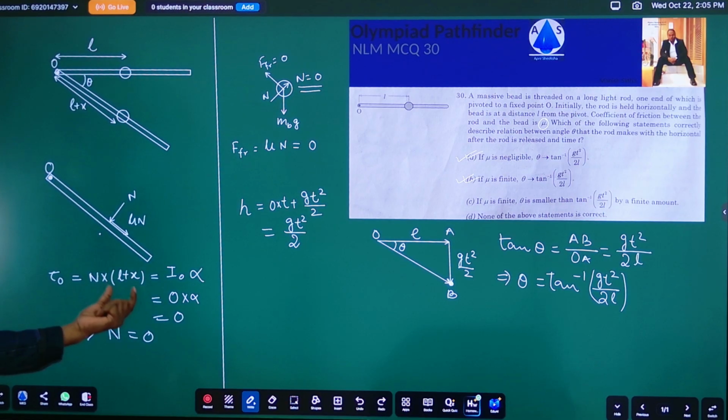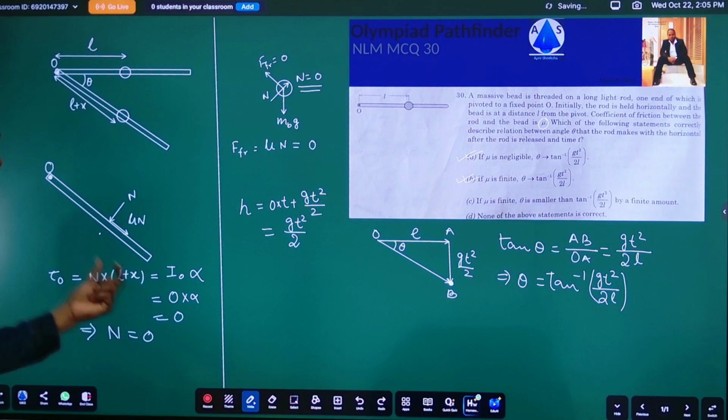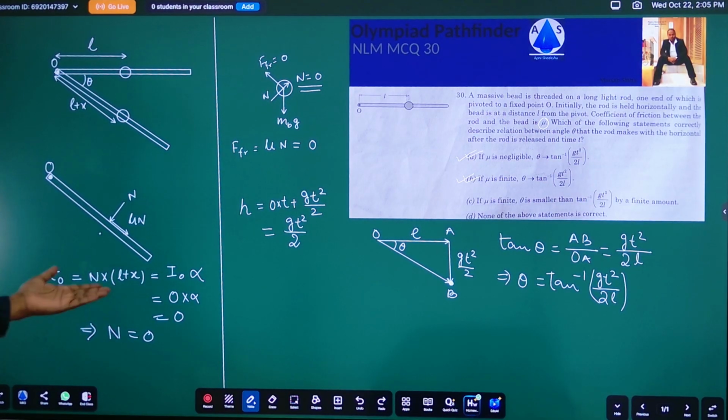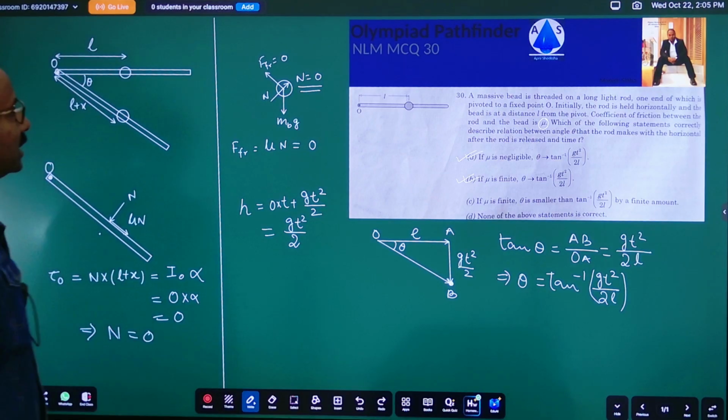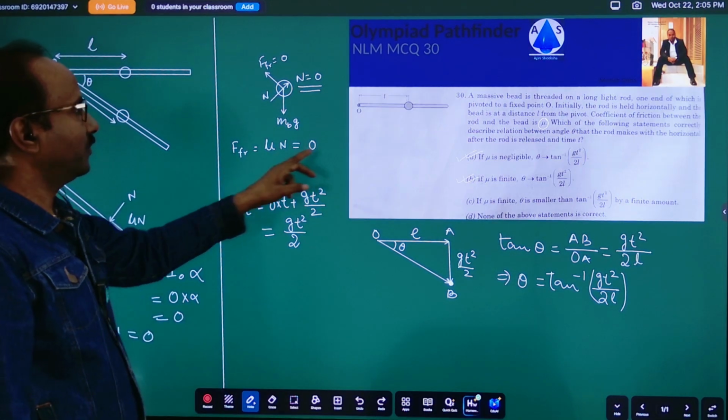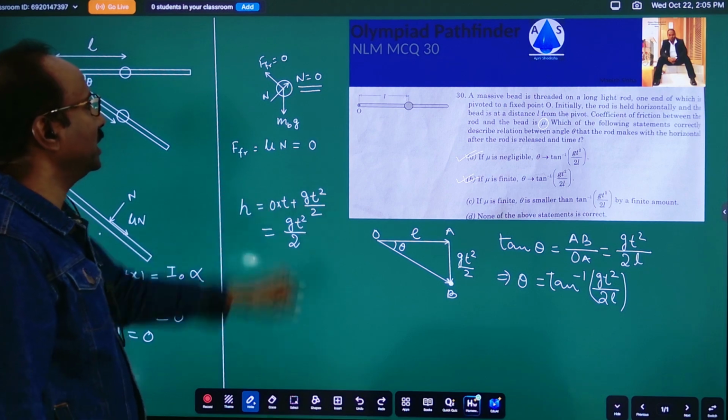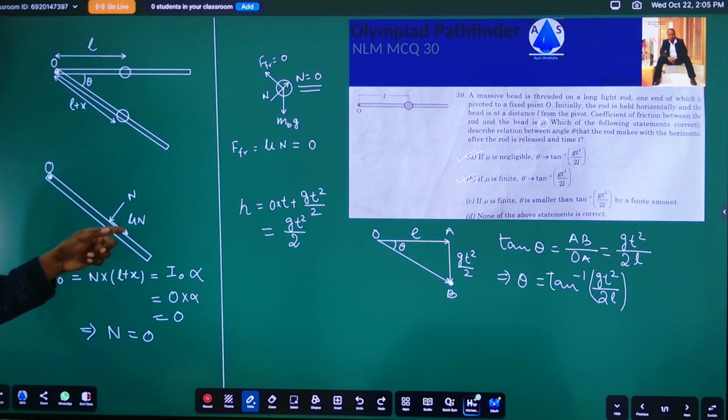So we cannot say, so we should not say that L plus x will be 0. तो हमको सेटिस्फाई करने के लिए एक ही चीज बच जाता है कि नॉर्मल रिएक्शन का फोर्स 0. अब ये नॉर्मल रिएक्शन का फोर्स जब 0 होगा, तो फ्रिक्शन फोर्स मुझे मालूम है म्यू इंटू एन होता है. म्यू इंटू एन जो हमने यहाँ लिखा हुआ है,